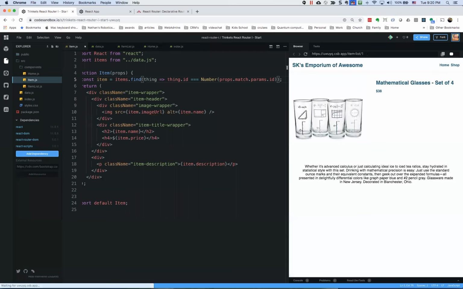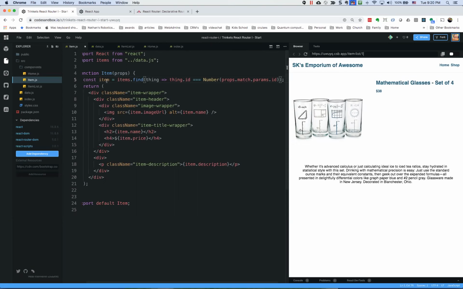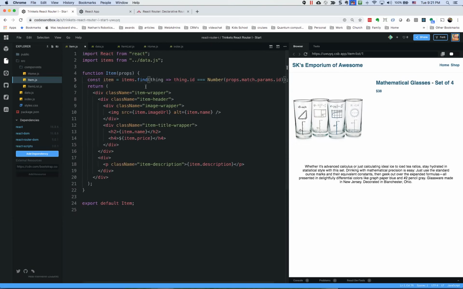But now that we have the ability to get a dynamic URL that flows that dynamic piece of data into our component here, and then the component can use it to figure out what to fill up its data with, or its elements with. Now all we need to do is figure out how we can get there by doing a click